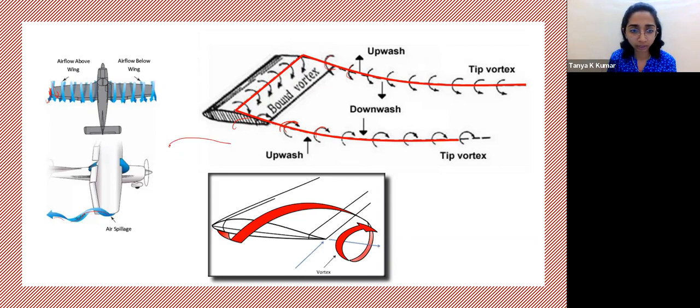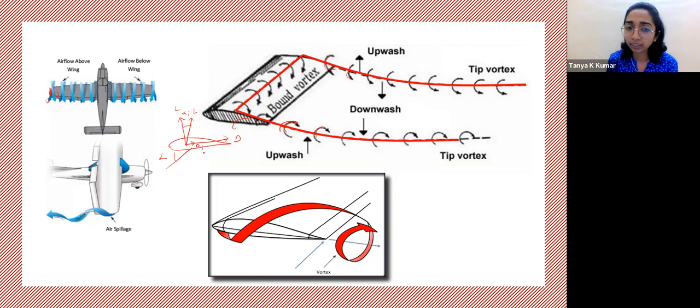So your original airfoil, if I just take a cross section of the wing: lift and drag. This was drag, this was lift, and this was the angle of attack. But if you take it at the tip, due to this interaction and due to the generation of these vortices, you have a slight change in the inclination of L. And this change is the induced angle of attack. So because of these vortices, there is a component which renders it not perpendicular to the drag. And because of this change in lift, there is a small component of drag associated with it, which is the